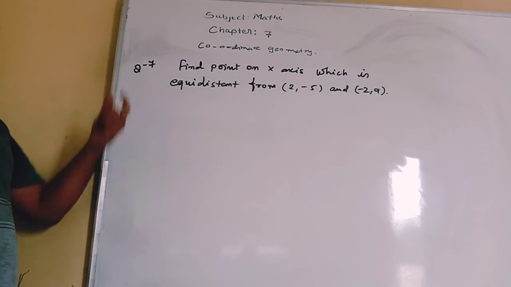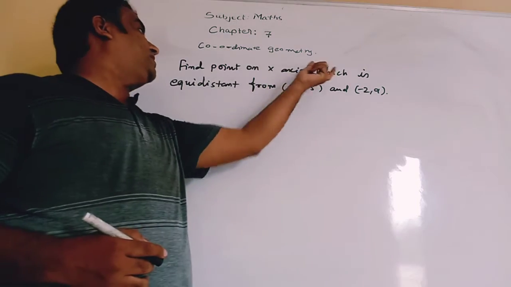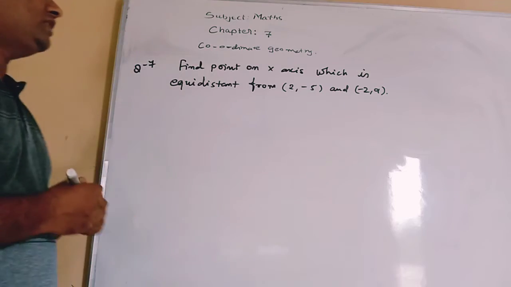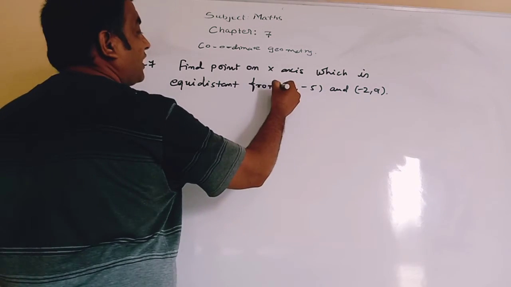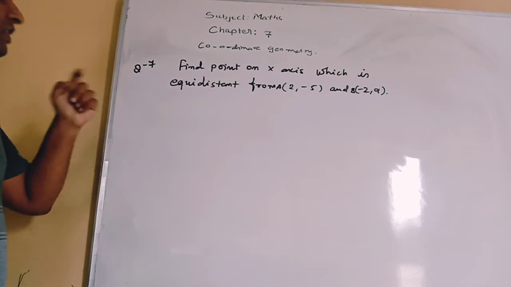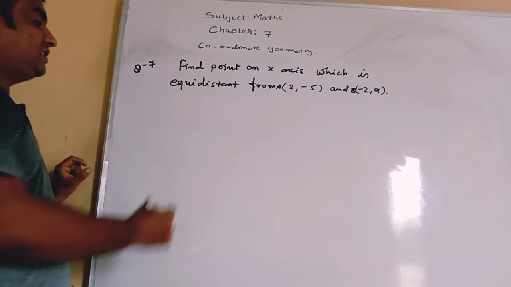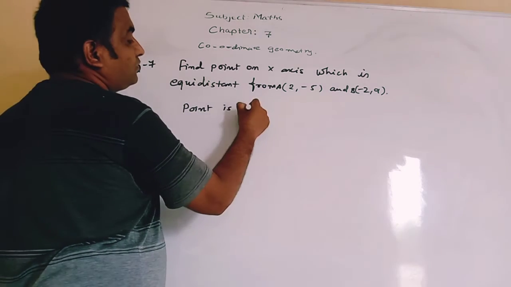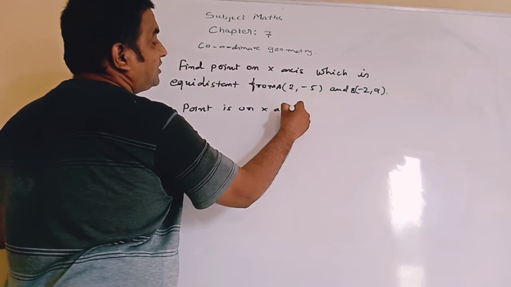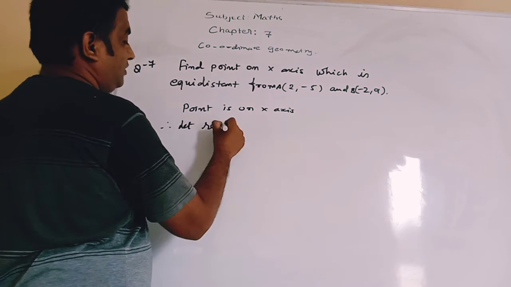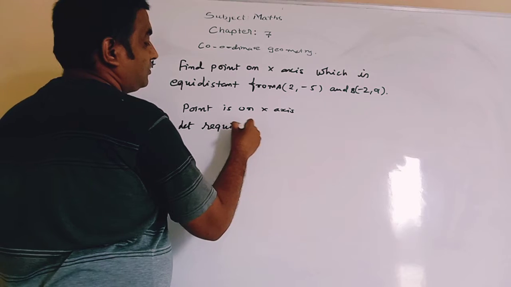Now we have question 6. Find the point on the x-axis which is equidistant from (2, -5) and (-2, 9). Suppose we take these two points as A and B. So A and B are equidistant from some point on the x-axis. So the point is on the x-axis. Let the required point be